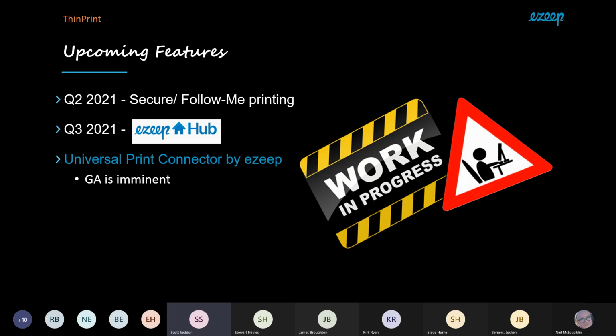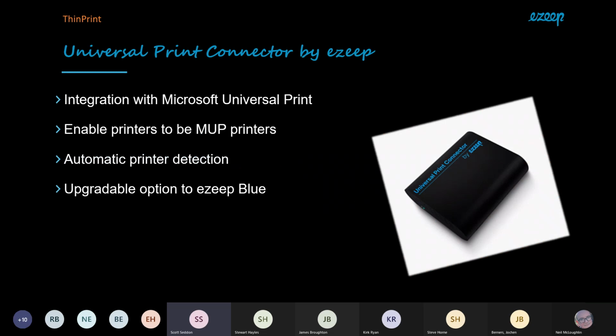I'm really excited about this. Our integration with Microsoft Universal Print, that maybe the person who asked the question earlier was alluding to as a competitor. It's absolutely not anything but that. It's an integration. So we have a universal print connector, which really is the Ezeep hub, integrates with Microsoft Universal Print,